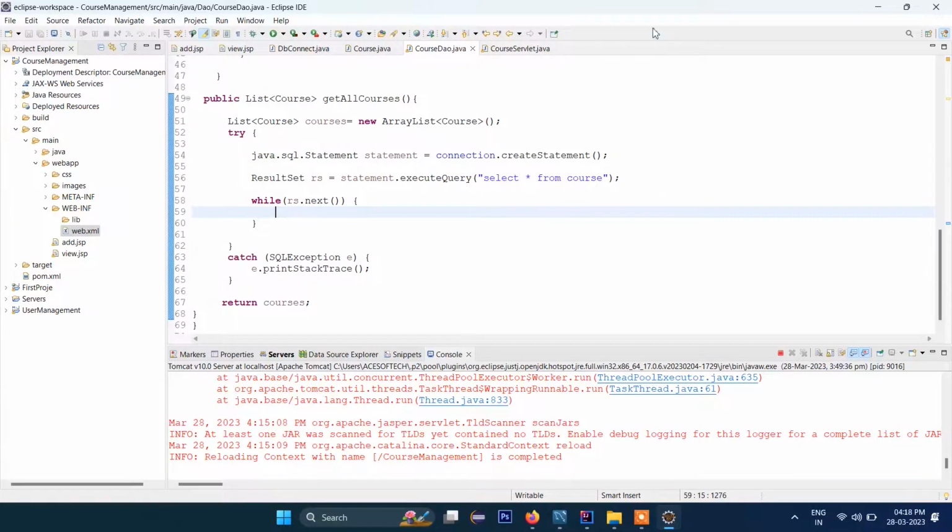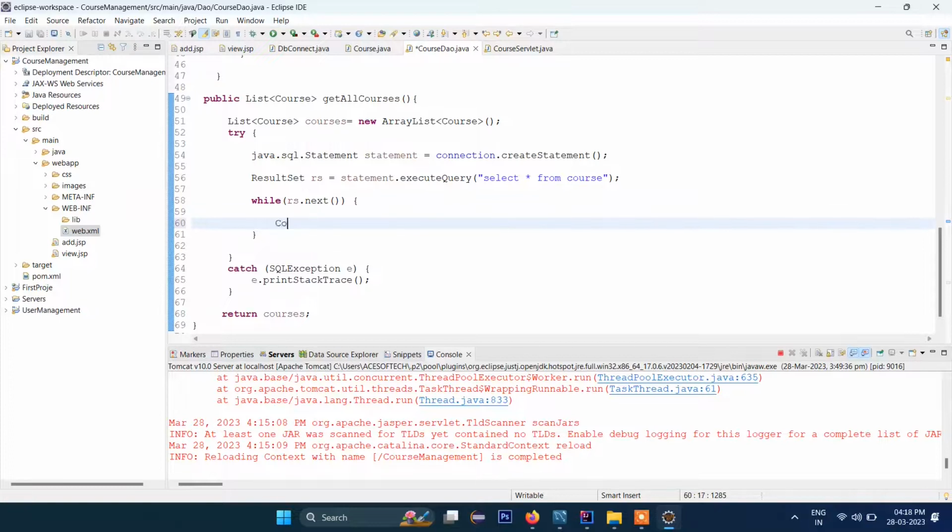So this will be while rs dot next, and inside here let's create object of course equal to new course,